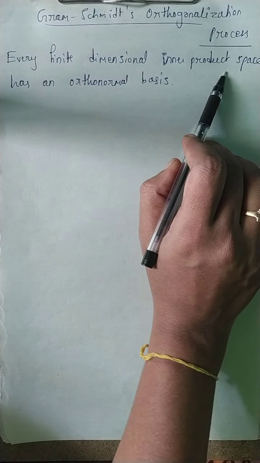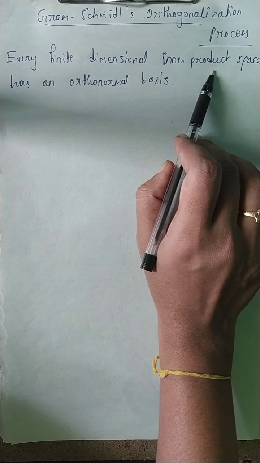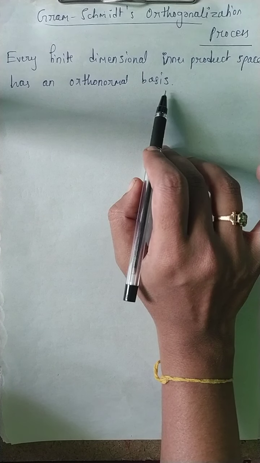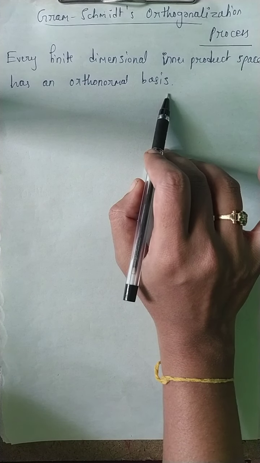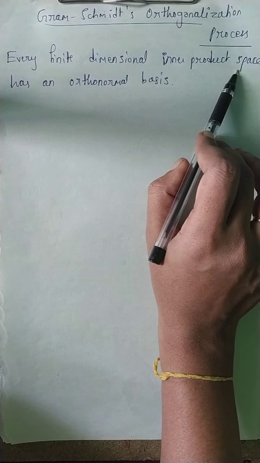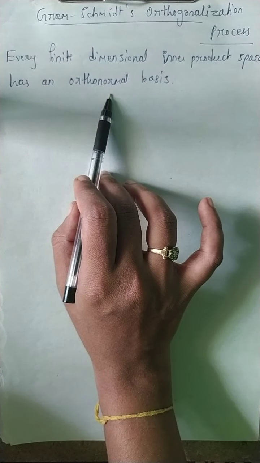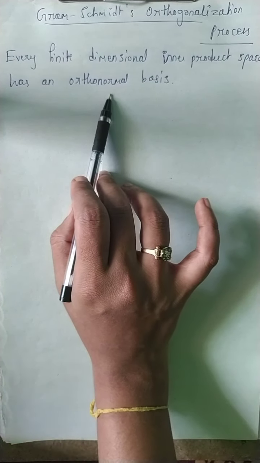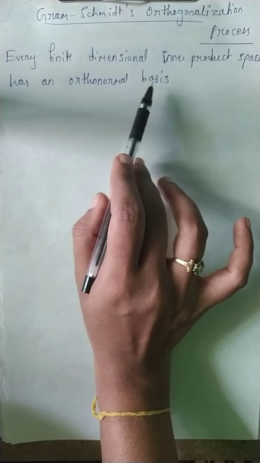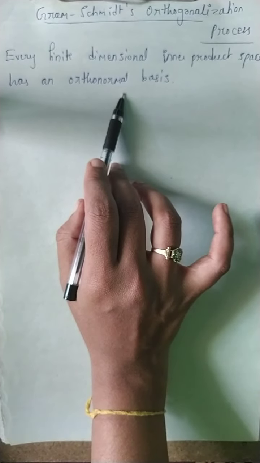A vector space must contain at least one basis, correct? So therefore here they are given the basis. By using that basis we have to find out the orthonormal basis for the given inner product space. Here I am not proving this, I just want to explain the working rule to find the orthonormal basis by using the given basis. For that we have the following procedure or working rule.